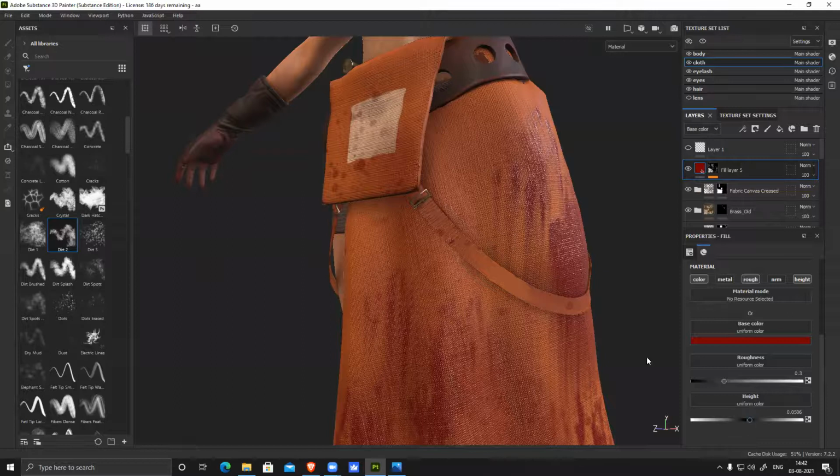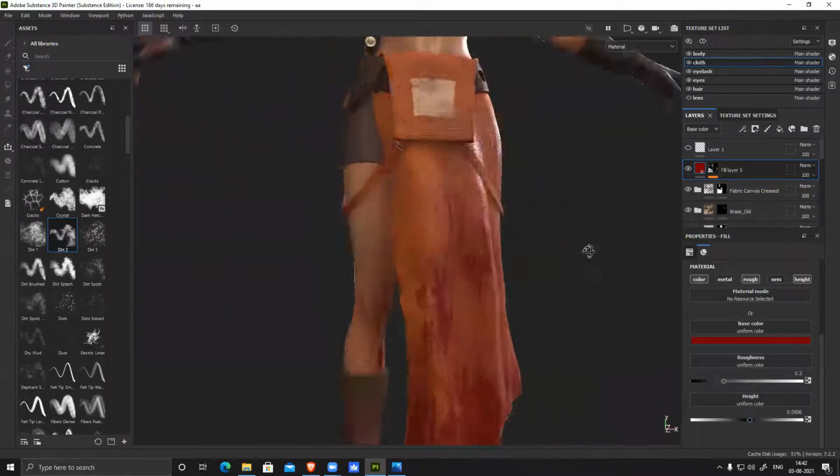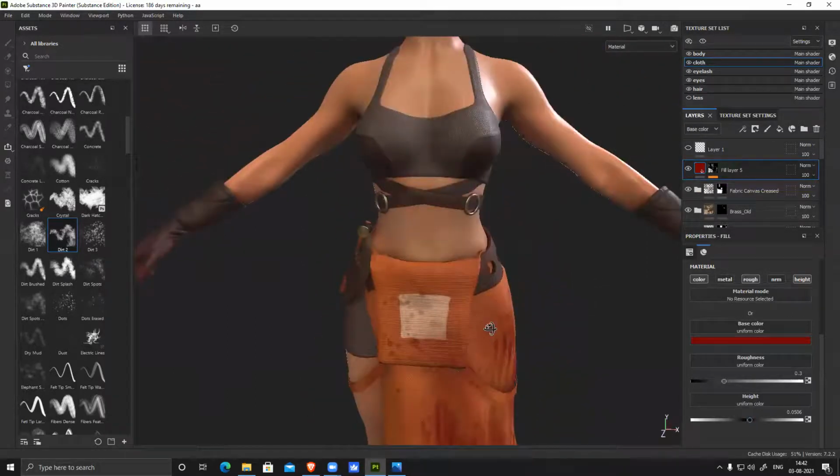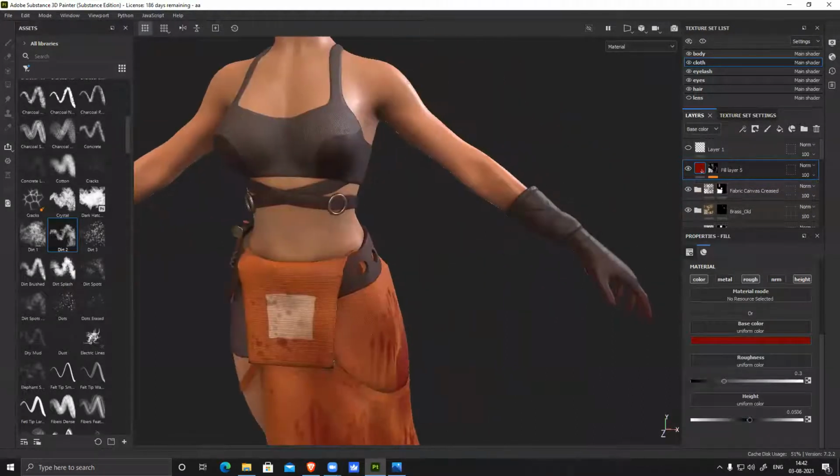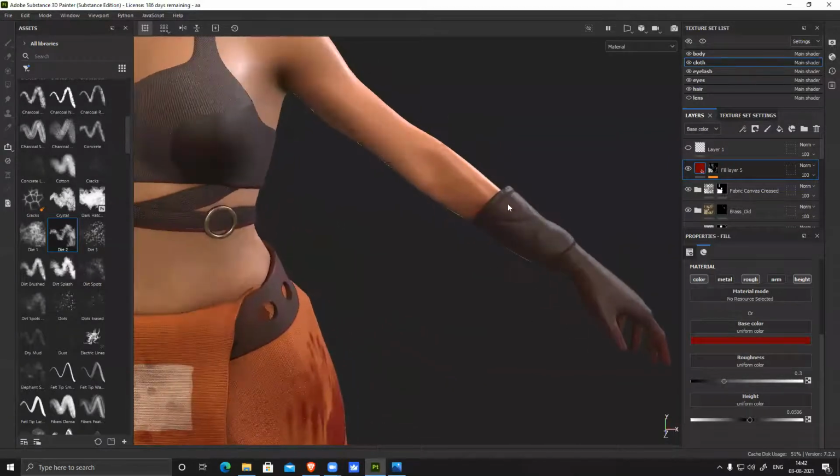I can add slight height. Okay, so after this we need to add other details also, like gloves. If you check the reference, this opening is slightly lighter in tone because if you use anything, especially a leather object, it has this tendency to, what do you call it, discoloration on all these things. So for that, I need to add some amount of dirt here.